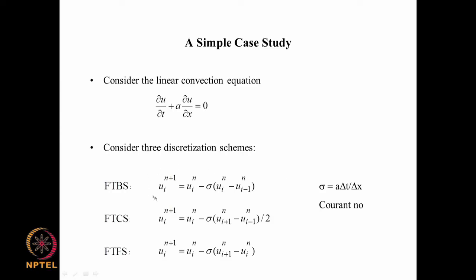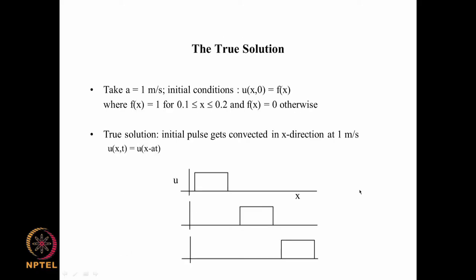So what we can do, in any kind of programming platform, or even in Excel, or even by hand, is fix the value of delta x, fix the value of delta t, and fix the value of a here. So for the sake of getting a numerical solution, we take a to be 1 meter per second and delta x to be 0.1, and